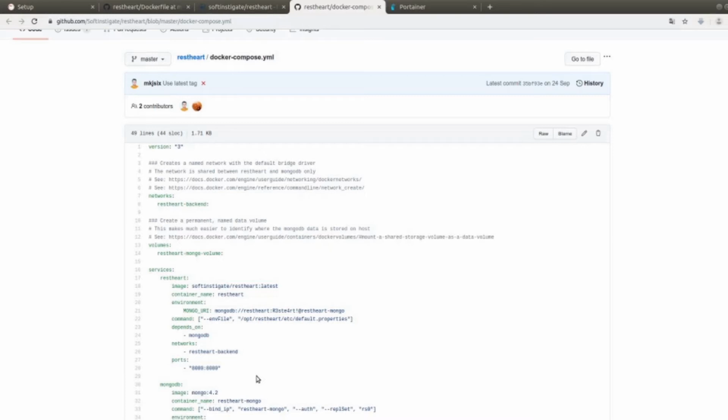As we can see, inside the Restart service, there is one environment variable that is MongoUri. This sets the connection string to MongoDB. The use of the environment variables is necessary to override the default settings we find in default.properties. Without them, values found inside that file would be used. We can also see that this container depends on MongoDB. The network we previously set and the exposed ports are pointed out.